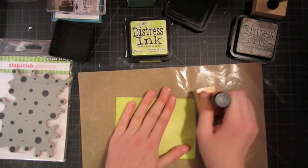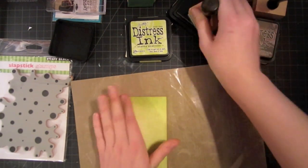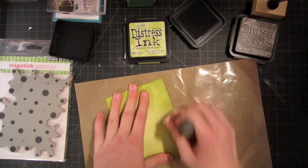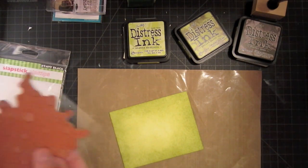And then I'm going to go back around again, and then this time I'm going to press a little bit harder and only go in about 1/2 inch. And this will just give you some nice depth to your background. That's it for coloring this with the blending tools. And then I'm just going to take my stamp here,